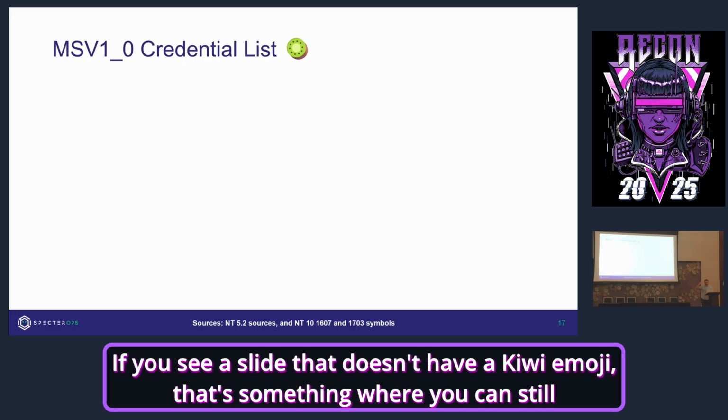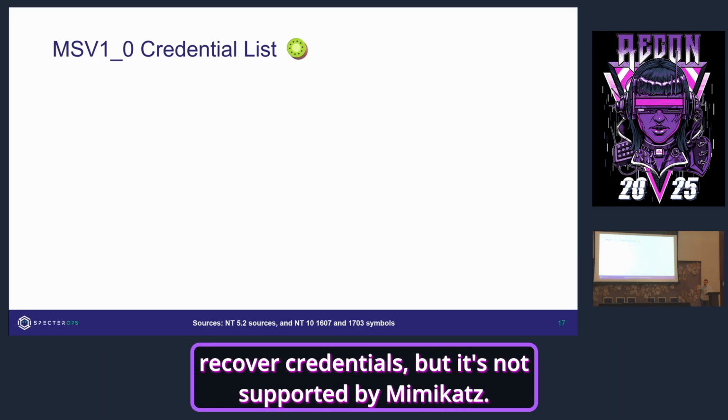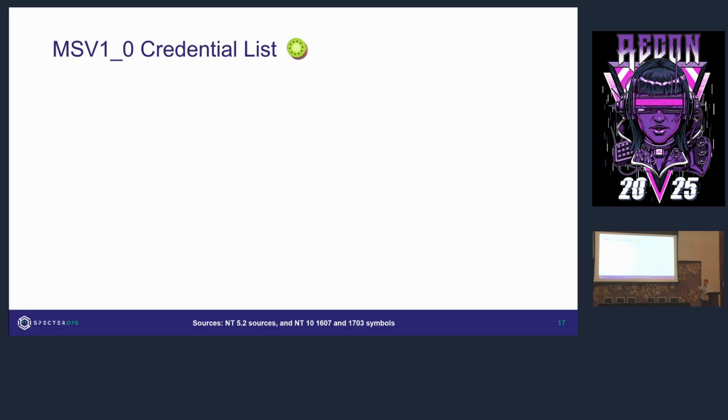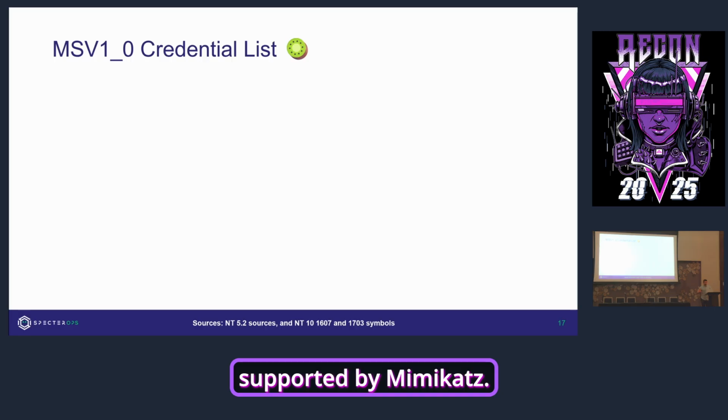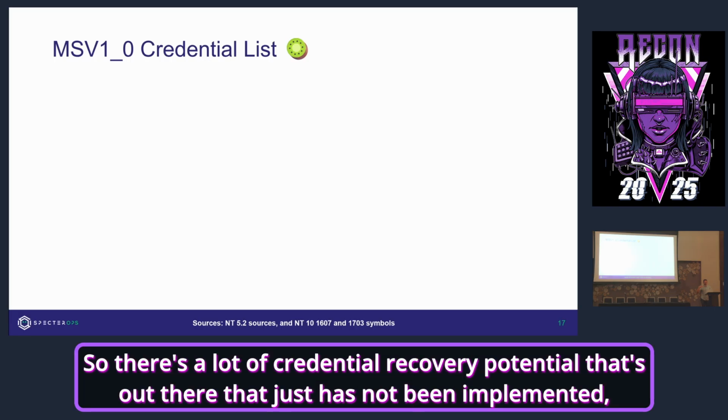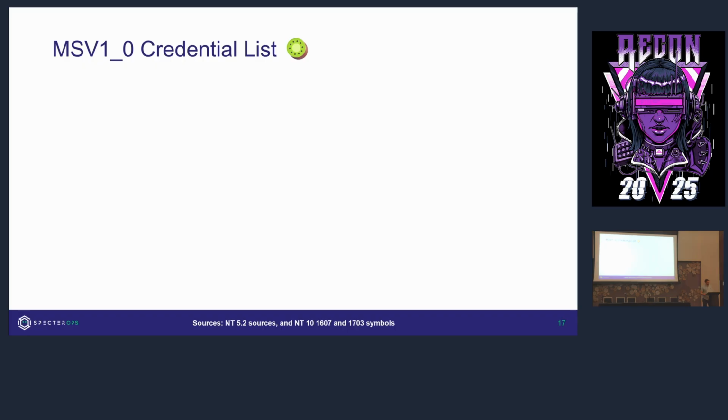If you see a slide that doesn't have a kiwi emoji, that's something where you can still recover credentials, but it's not supported by Mimikatz. About half the content we talk about isn't supported by Mimikatz. So there's a lot of credential recovery potential out there that just has not been implemented, which is okay. You can implement it.